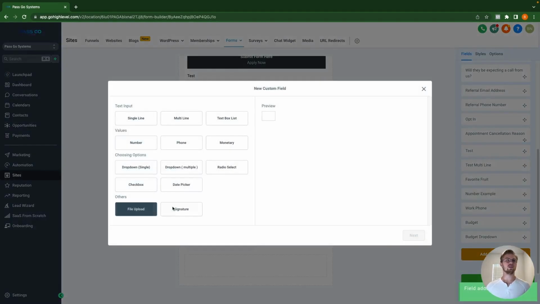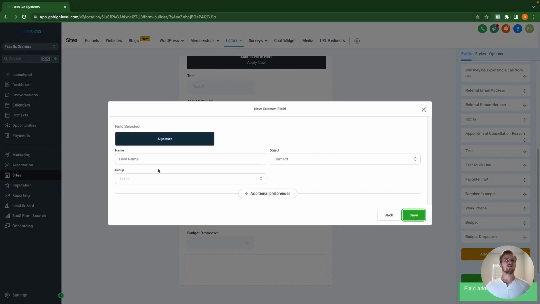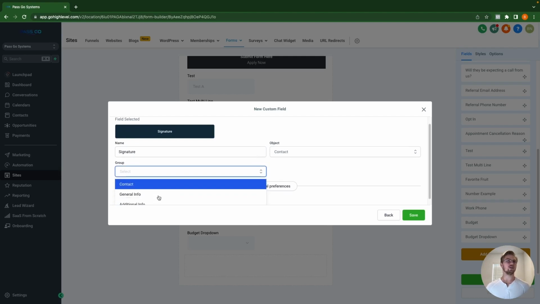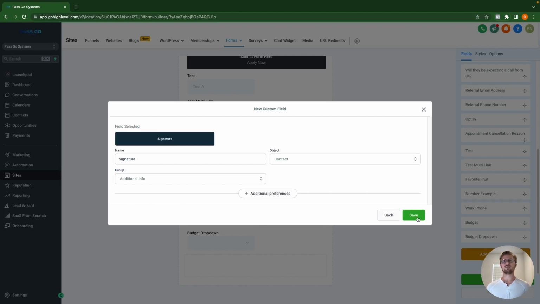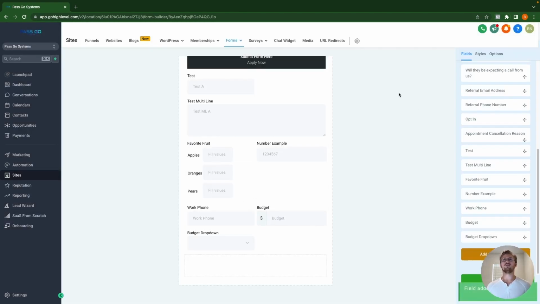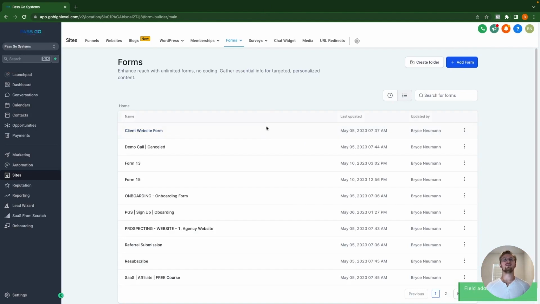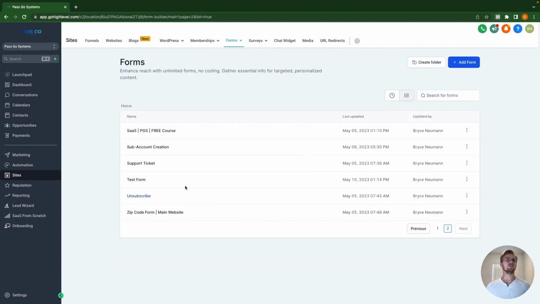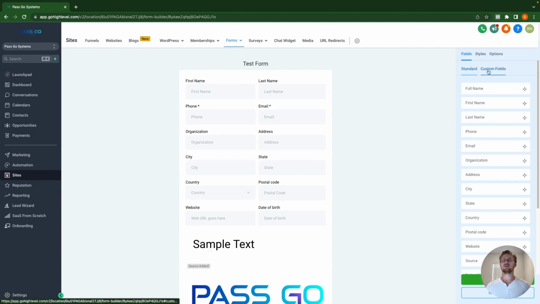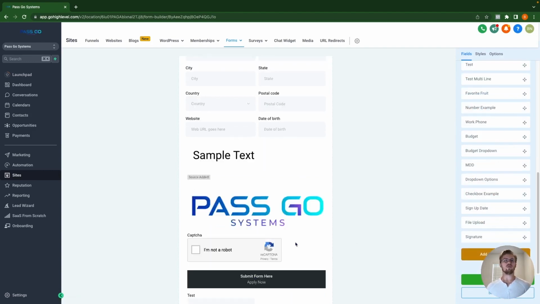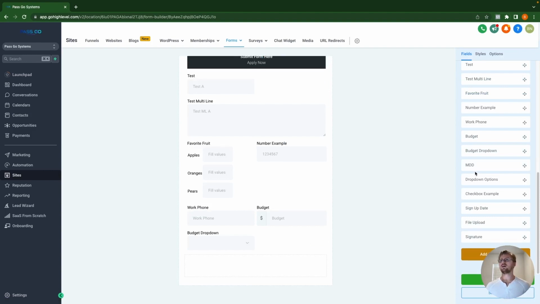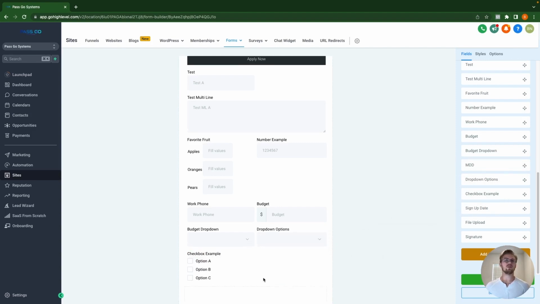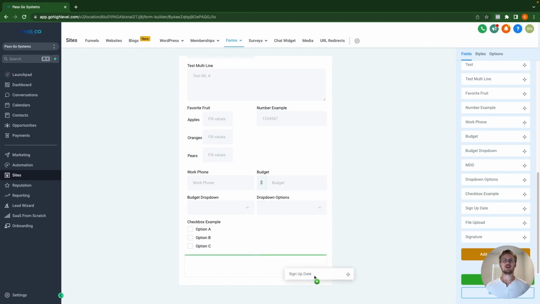add custom field, and signature. Signature. And we'll put that in additional info as well. Save. We'll back out of here. Go back in test form, custom fields, and all those are now there. And so we'll do the drop down options, checkbox example, sign up date,